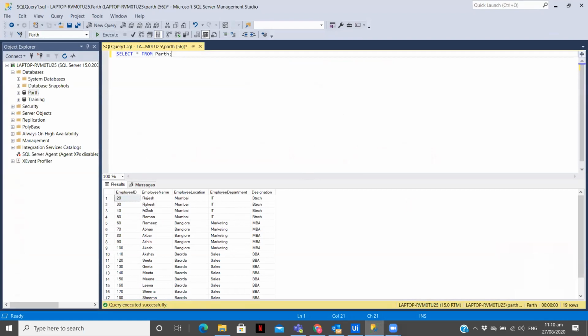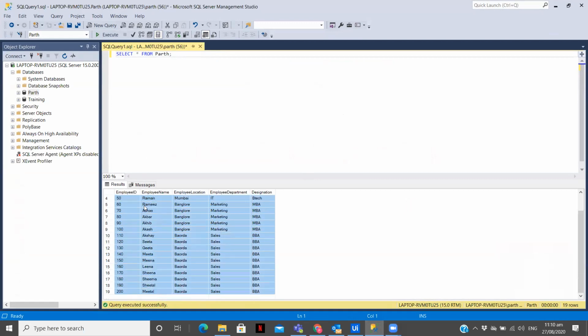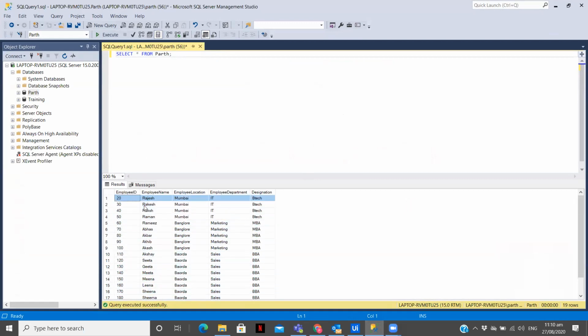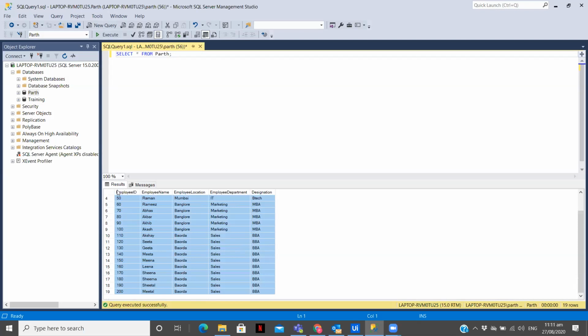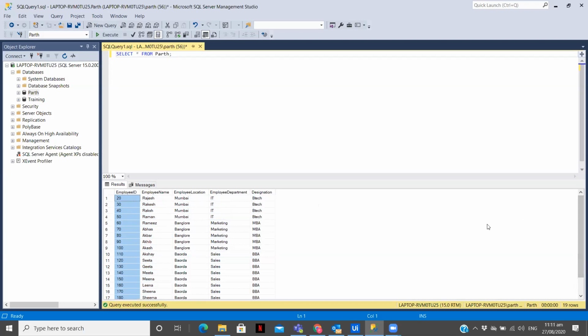In the first case, what we can do is delete this complete row based on some condition. In the next, we can delete this complete data. You can see we can delete all this data from this table. And the third one is we can delete this complete table itself, along with all the data. So in the second one, we'll only delete the data, but in the third, we'll delete the complete table as well. So let's get started.